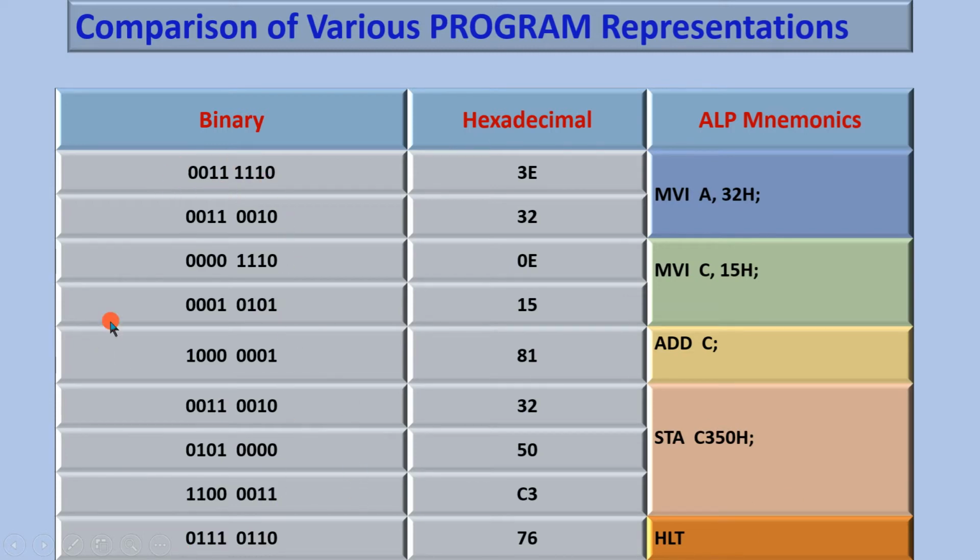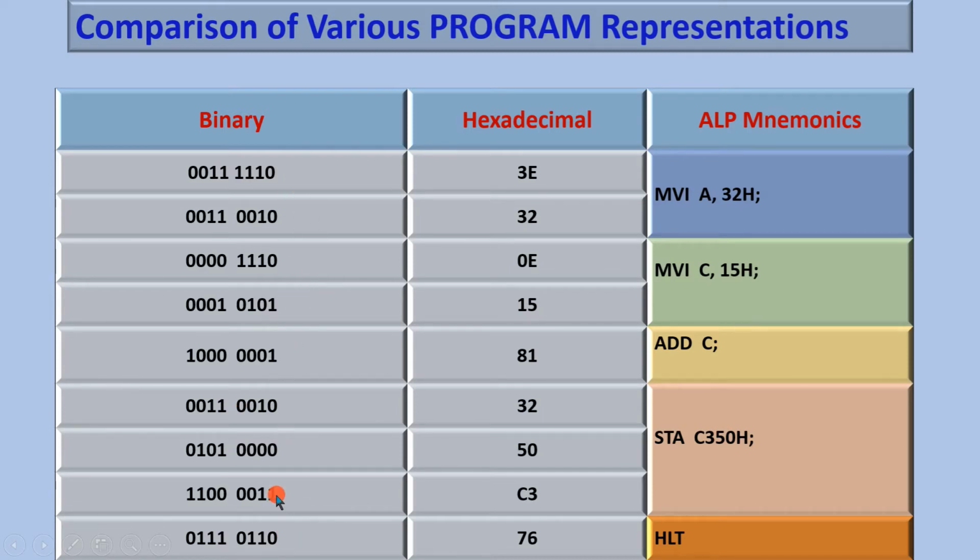Here there are 9 bytes and every byte has 8 binary bits. So in case you wish to write this program, for every byte you have to write 0, 0, 1, 1, 1, 1, 1, 0 and so on. And if you were to enter this number into the computer, you will have to type 8 times, right? And while typing you can easily commit a mistake. If your program is too long, say 500 bytes, and you commit some mistake, it will become very difficult to find out where you have committed the mistake.